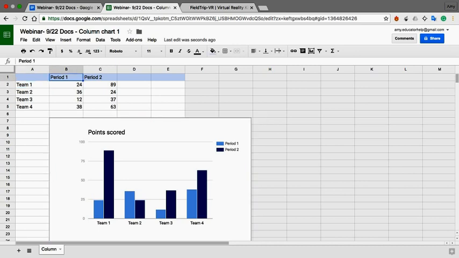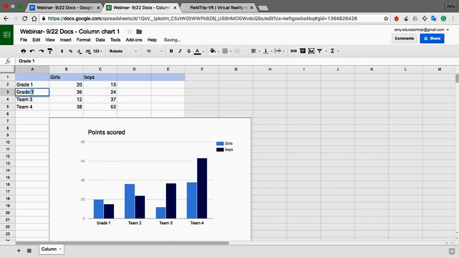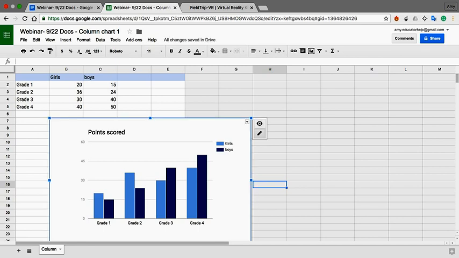So say we did girls and boys, and grade 1, there's 20 and 15, grade 2, grade 3, grade 4, and if I change these numbers, you notice that on the graph itself, it also changes. So there we go. If I want to edit this,